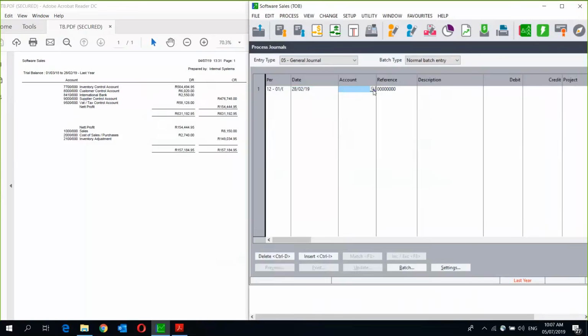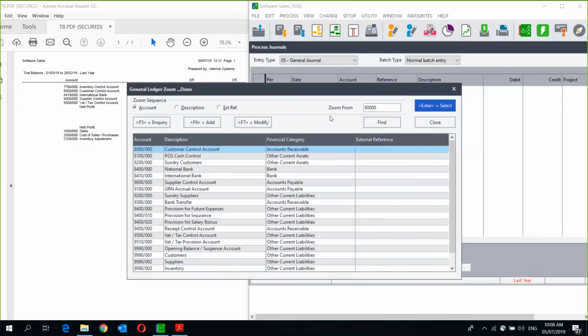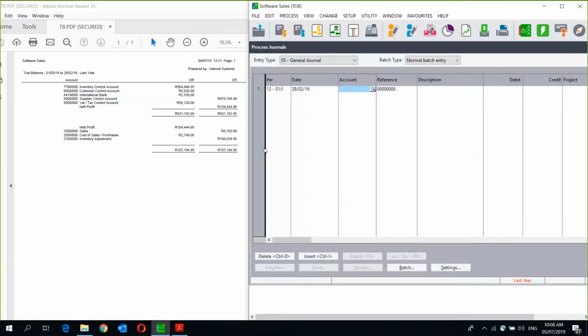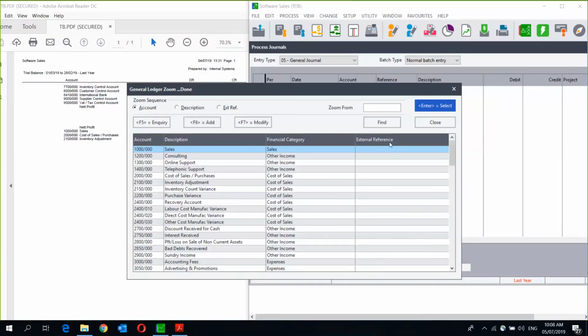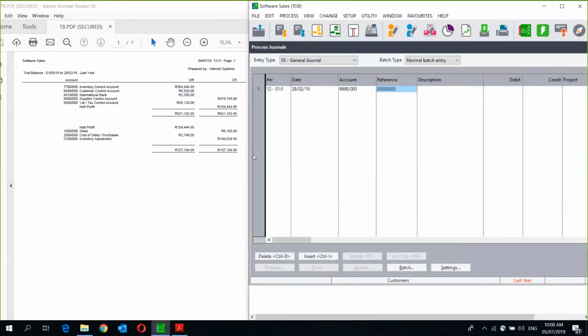You then are going to select your account. Now, here you'll see that mostly it's actually my control account. So as I advised, you actually can't use a control account. If I try, it's not going to allow me to do that. So in this instance, we'll go 9990 and we would select our customers. Our first is, oh, sorry guys, it was inventory, my bad. That was 3, sorry. So we'll select our inventory, give it a reference, for example, take on balances 001 or